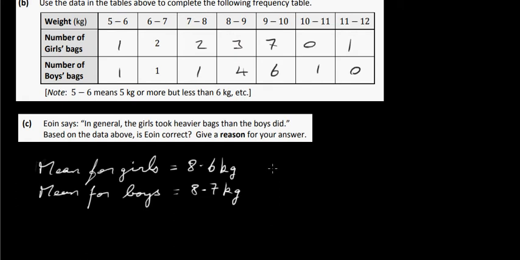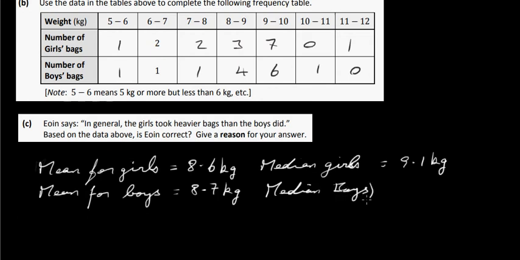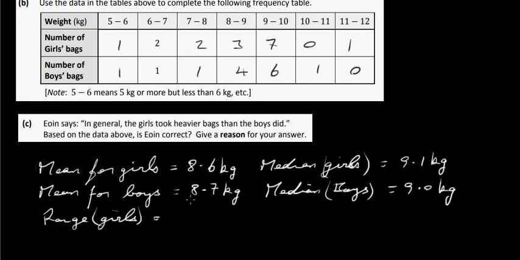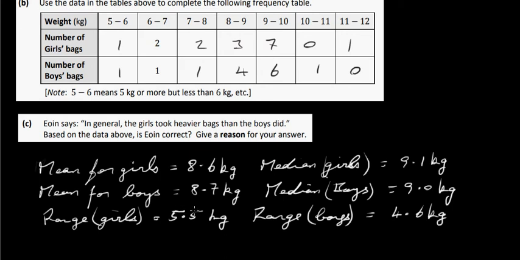You can also work out the median. The median for the girls works out at 9.1 kilograms. That's the middle number, and the median for the boys then works out to be 9 kilograms. So again, there's very little difference between the two. The range is a matter of interest. So the range for the girls is 5.5 kilograms, and the range for the boys is 4.6 kilograms. So there is a difference in the range, all right, but what we're interested in here really is